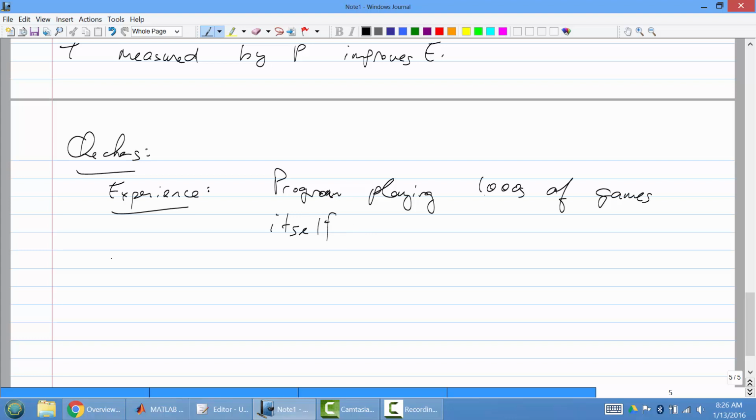Okay, the task is to play checkers. And the performance measure is the probability of winning a game given the current state of the board and the previous player's move. Okay? Which makes sense, because if you have a machine learning program and the program keeps winning and the probability gets higher, then that's probably a good definition of a machine learning problem. So the probability of winning